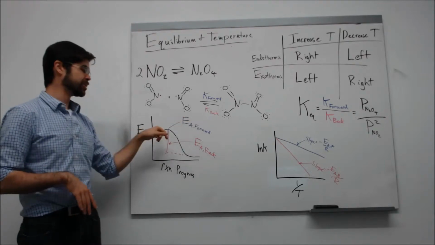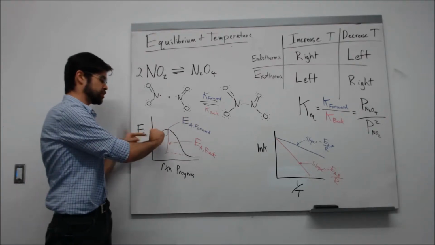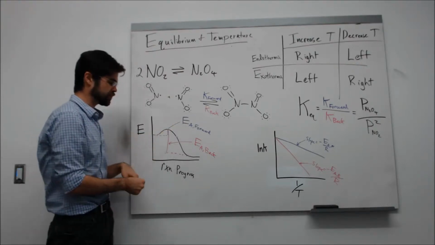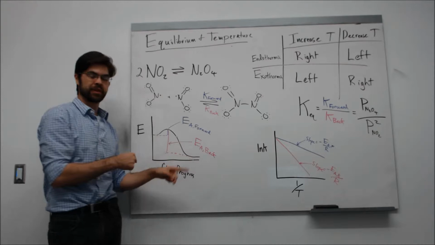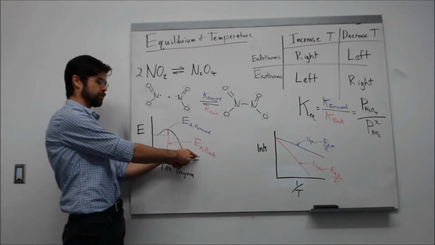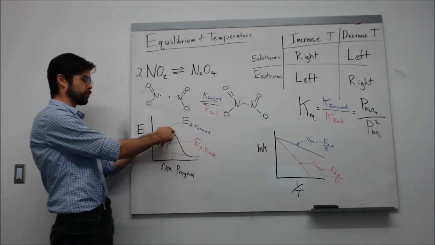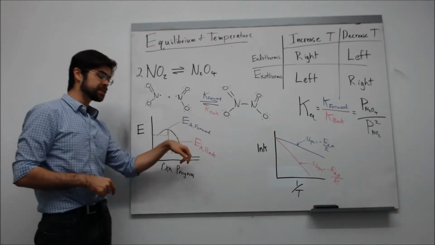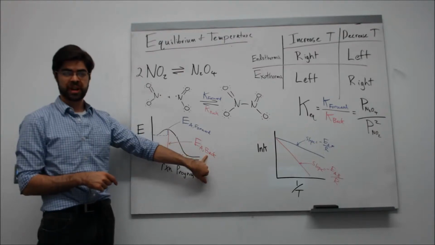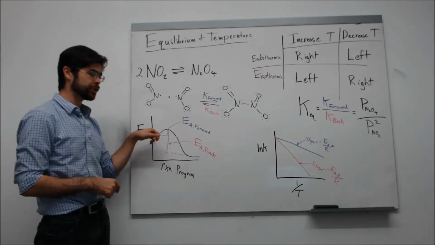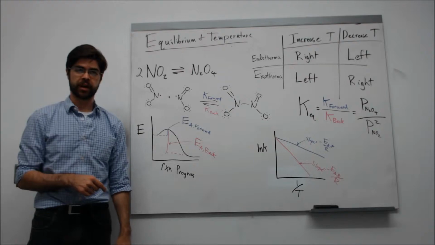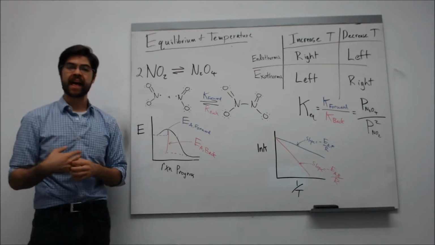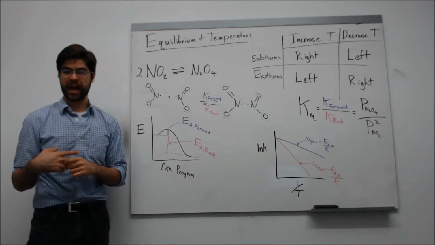The forward reaction has an activation energy. It's the energy you need to go from here over this hill. So there's a forward activation energy. And there's also a backwards activation energy now. There's an activation energy from going from the products. You have to go over the same hill back to the reactants. But in this case, the backwards activation energy is larger than the forward activation energy. And that's important in terms of predicting how the rates of these reactions